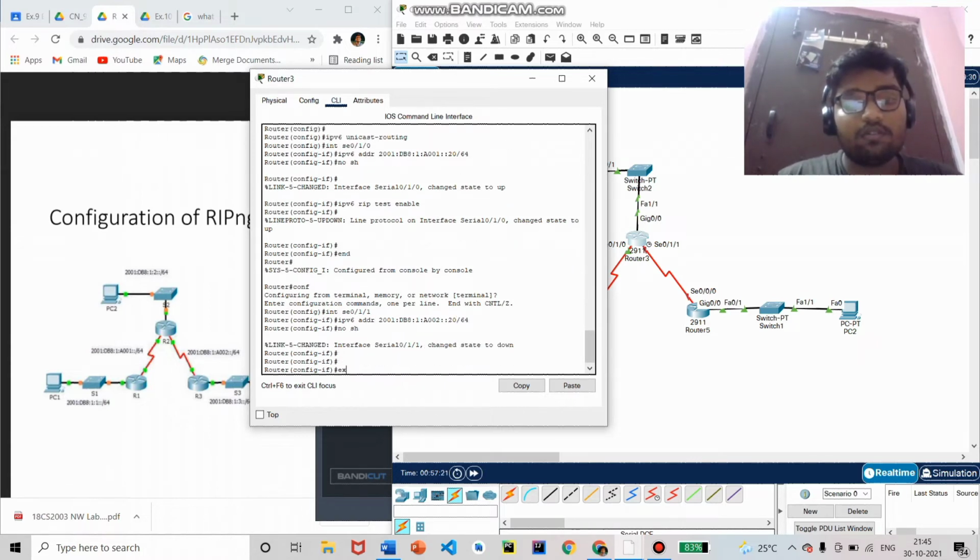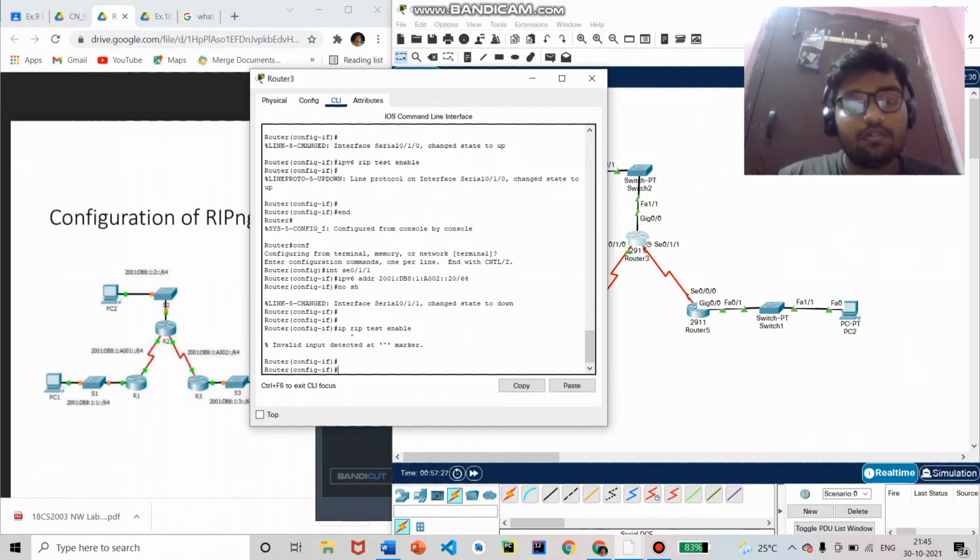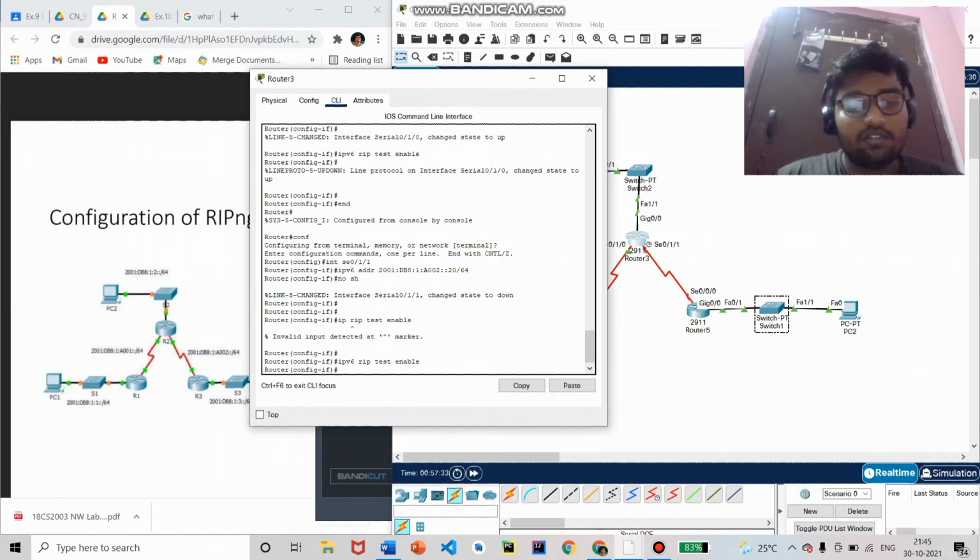Now no shutdown. Enable the RIP updates, IPv6 RIP test enable. That's it. Just give end.